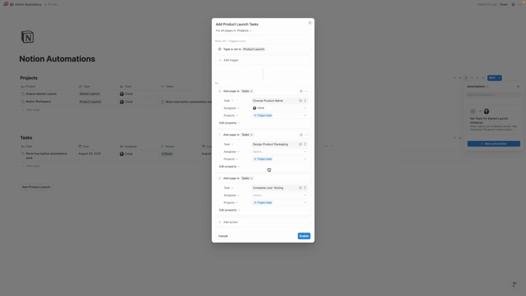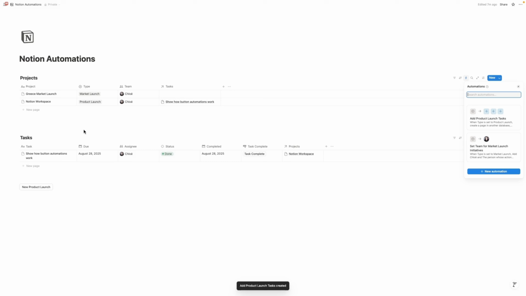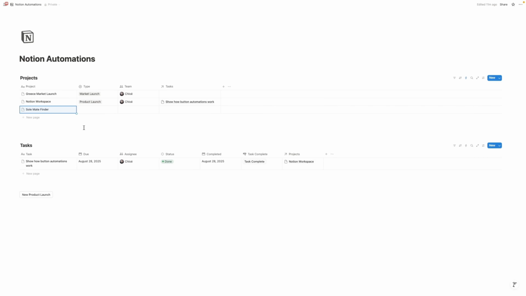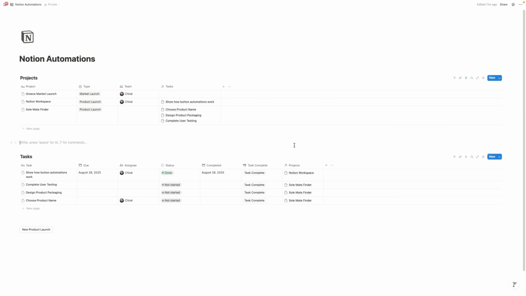And now we have an automation set up to say that when we add a new project and it is set to product launch, we want to add these different tasks and tie them to the correct project. If I select enable now and we add a new project, let's say we are launching a new product called Soulmate Finder that helps you find your missing socks in life. We'll click on type and select product launch. So now, as you can see, it's added our 3